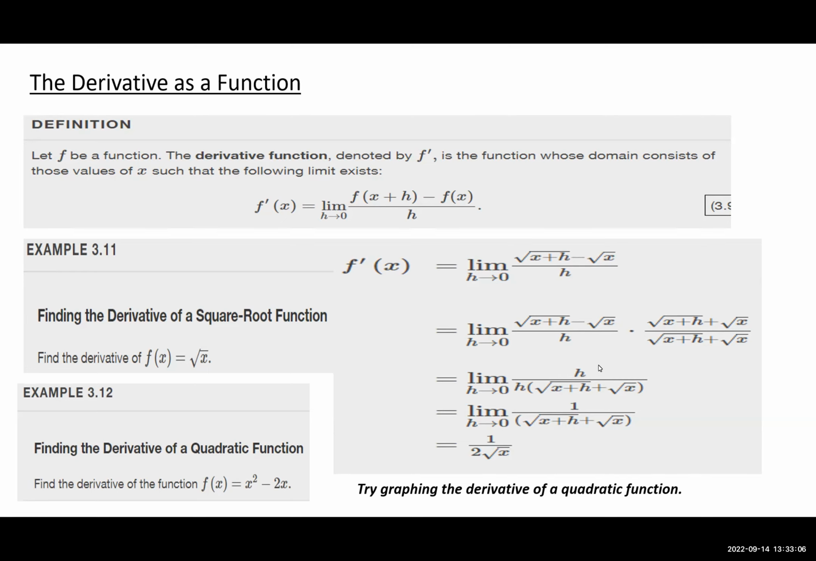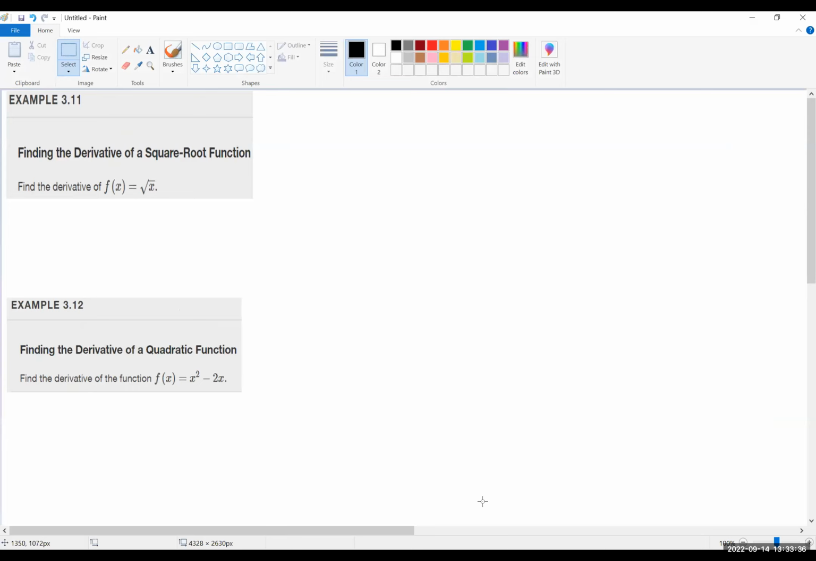Okay, so I think it'll make sense after I do it, and then really after I complete example 3.12, and we do notice at the bottom it says try graphing the derivative of a quadratic function. I think that'll bring all of that together. So let's go ahead and share our Paint. And let me just double check that we are indeed recording. Okay,